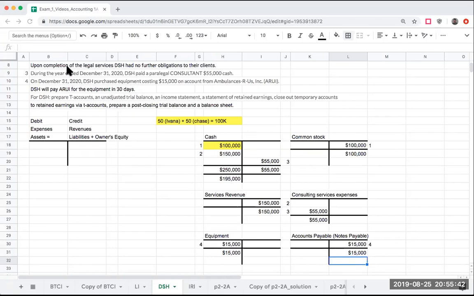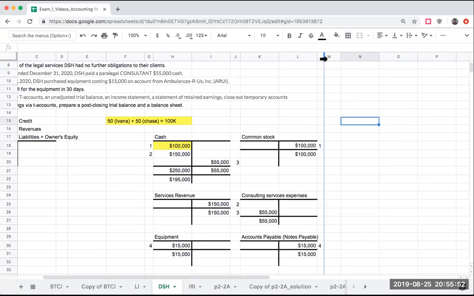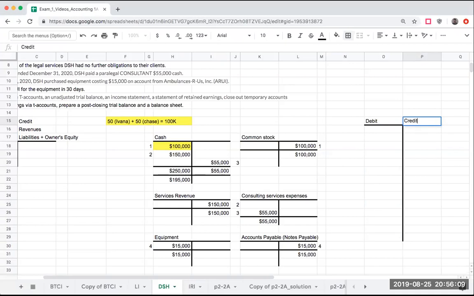Okay. So what I'm going to go through and do now is my trial balance. When I do a trial balance, all I'm really doing, as Miyoko said earlier, is making sure that my total debits equal my total credits. And when I do this trial balance, I want to do so in a way that's going to emulate my financial statements. And what I mean by that, and this is as of